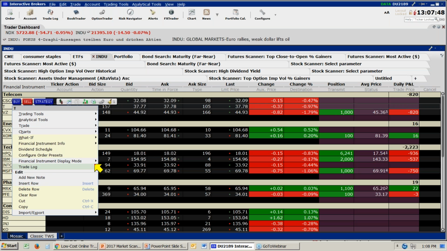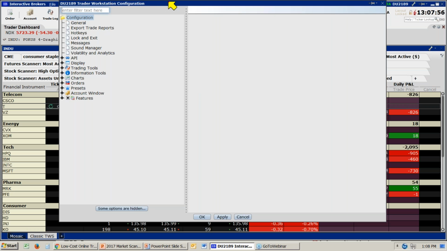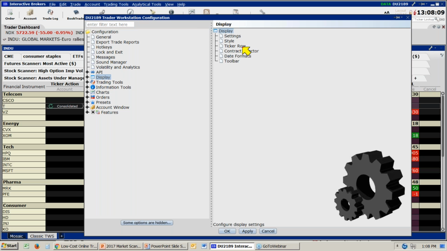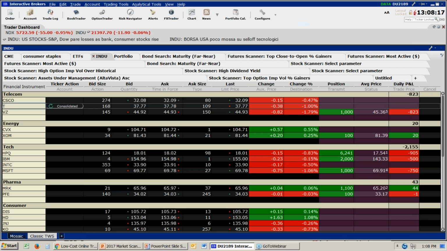I'm not able to find that here, but let me go into global configuration and show you where you can find it. It's under our display, and it's ticker row settings here. It is the open contract details. This is a selection that I've made, so I can view that information once I click apply and OK